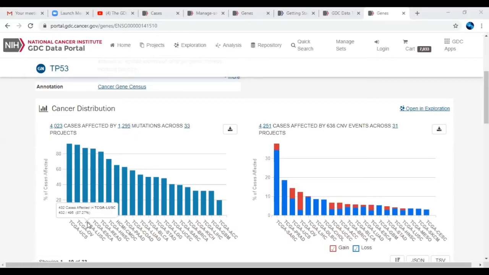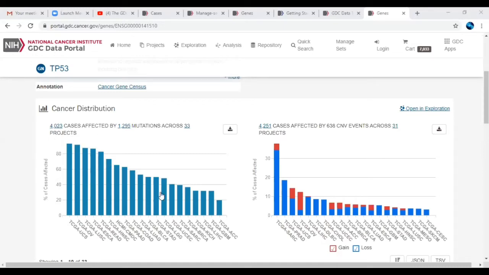And I think this is for the lung cancer and so on. And this is for the prostate cancer. This particular gene, that is TP53, has been affected in 114 cases. And this is about the breast cancer, BRCA. So like this, they have plotted this bar plot based on the cases affected with respect to